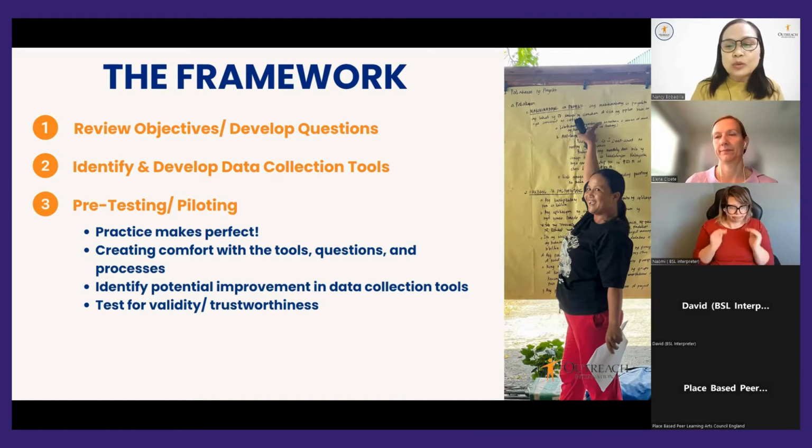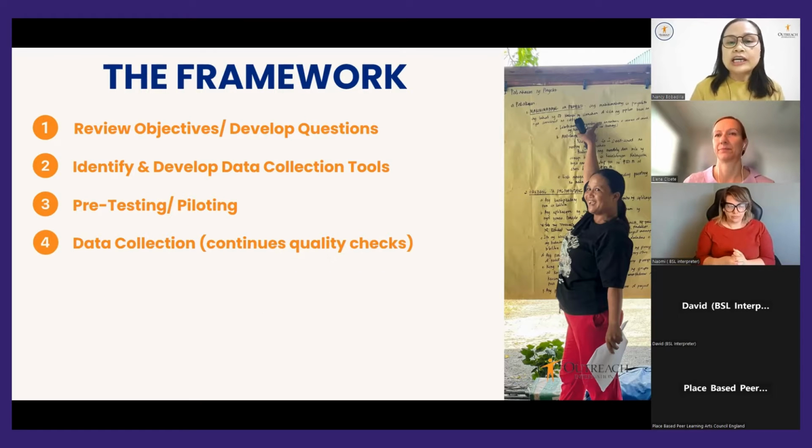But this is not always that big of a challenge, because if the data collectors were also involved in the formulation and then also the development of the data collection tools, they will already be very familiar with the tools themselves and also be very ready to know what to expect during data collection. And then step 4 is actual data collection, including the constant review of data. So in the case of quantitative data, supporting community members to review their data to see whether there are any cleanup or refining or reviewing needed.